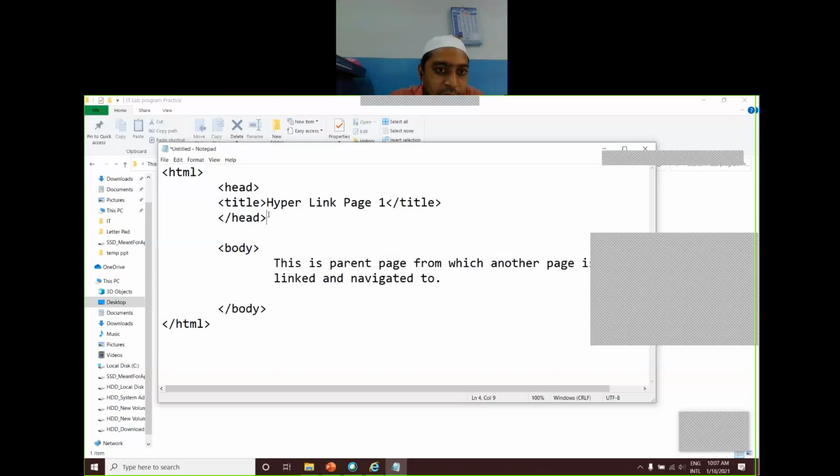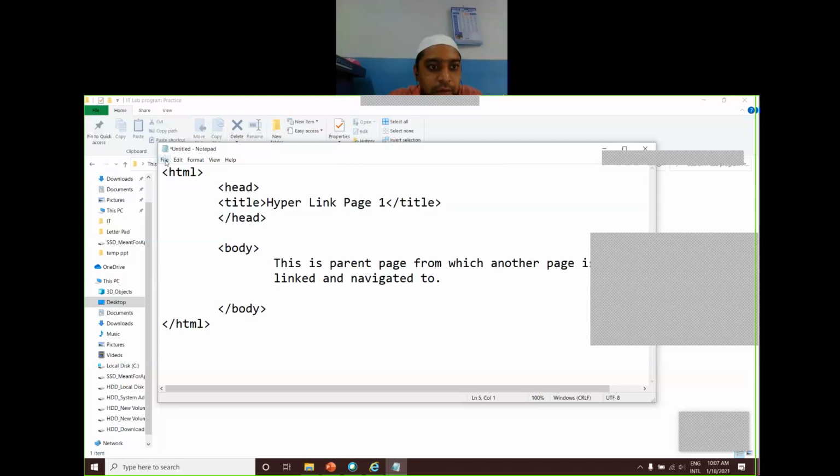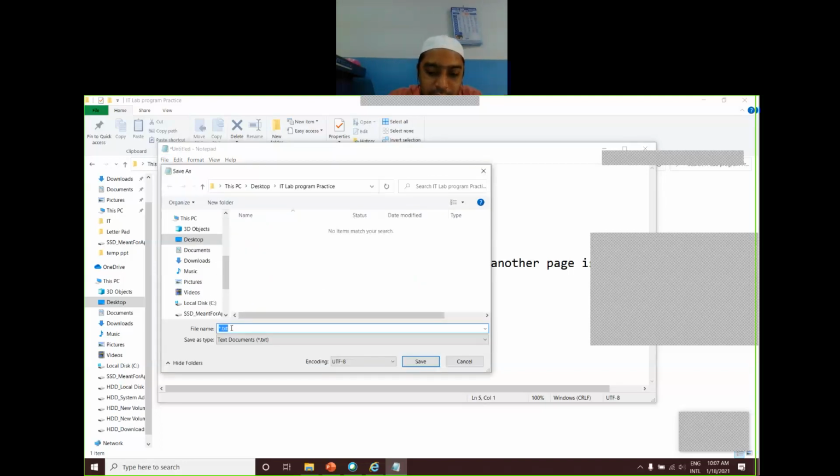Whatever you mention within the head part will not be displayed in the browser window. It is used in the background of the page. Now, how do we save it? We'll save with the extension of .html, right? I'll mention it as page one.